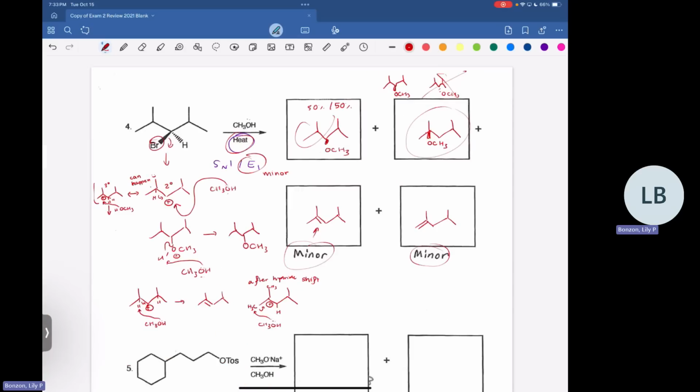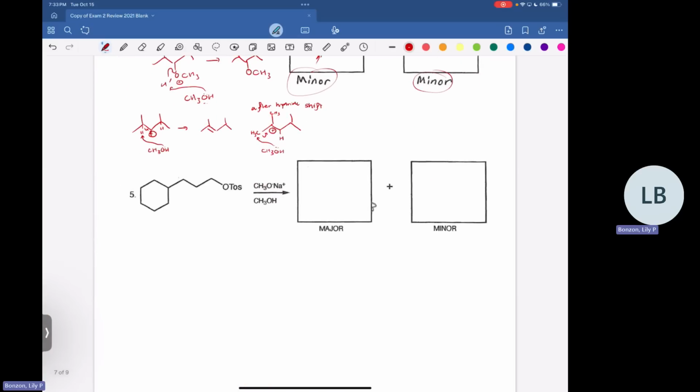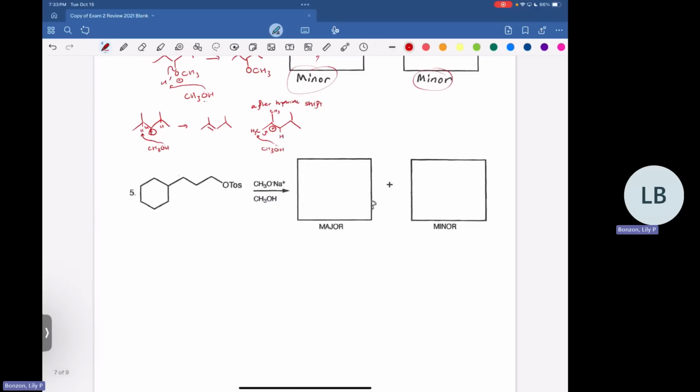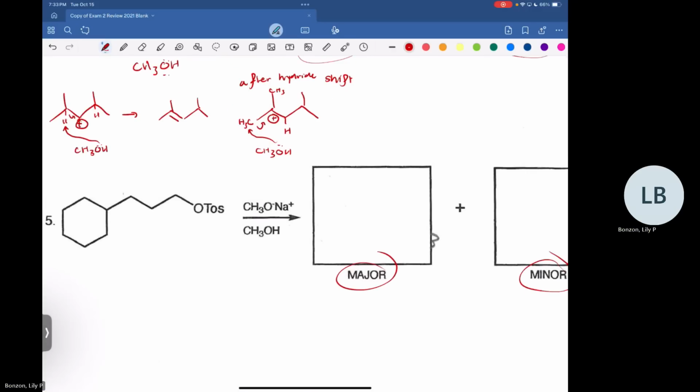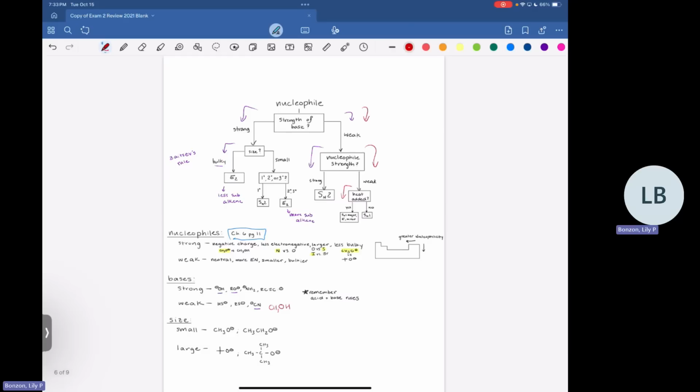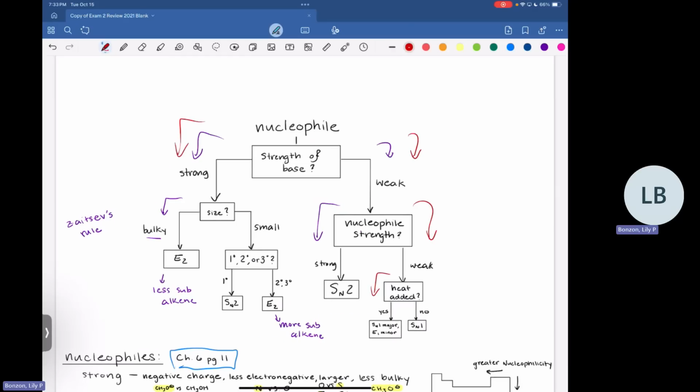I'm gonna go ahead and move on. So we have our last reaction question. Again, we have major and minor, so be on the lookout for that. So we have an O minus, so this is going to be a strong base. And it's a CH3O minus, so it's going to be a small strong base. So if we go to our flow chart, we have a strong base, we have a small strong base,